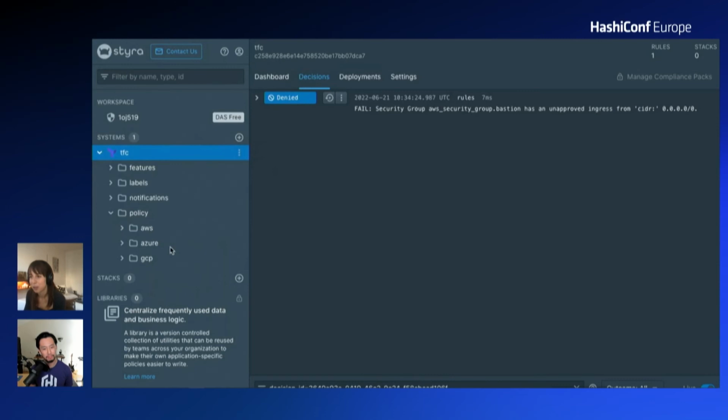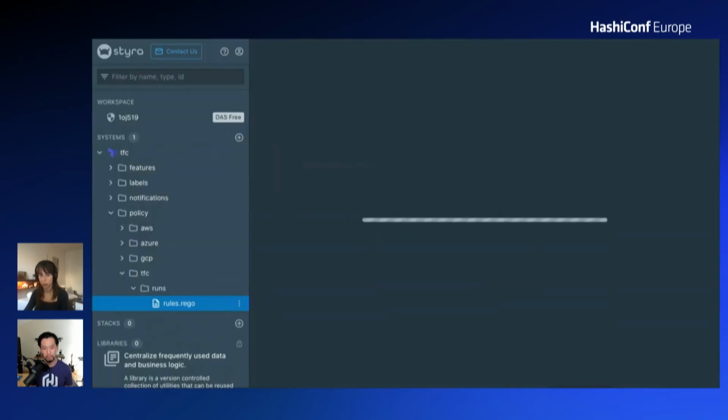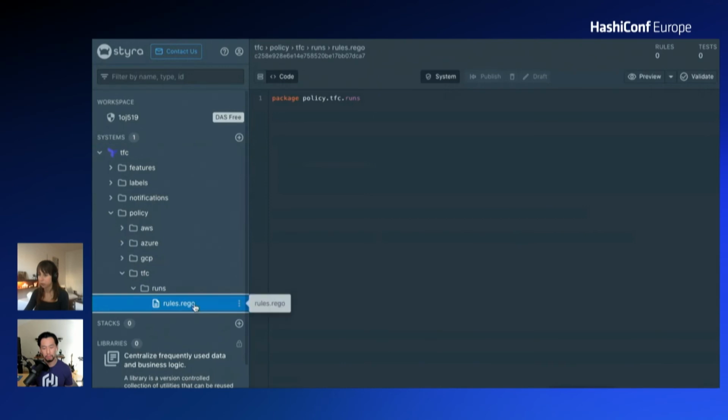So as I mentioned earlier, these directories are not required. They just help you organize your policies within Styra. So I'm going to create a new one for my Terraform Cloud policy. Name it TFC runs and call it rules.rego. And this will create that new directory for me. And I'll jump into that file